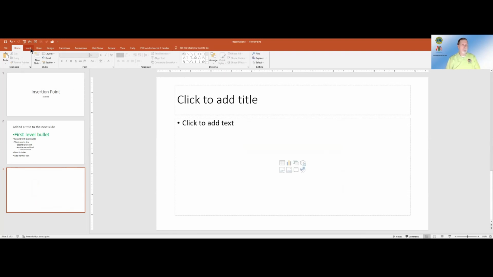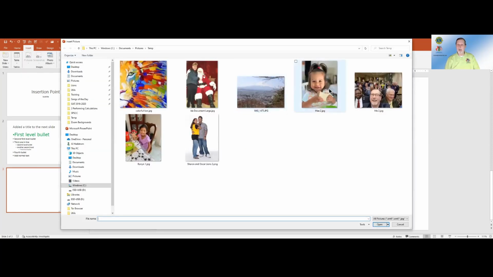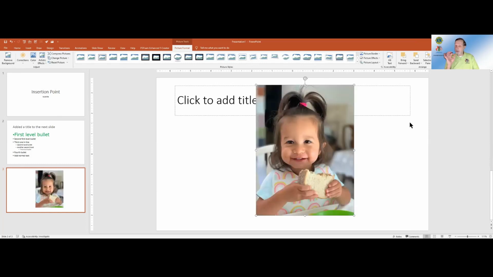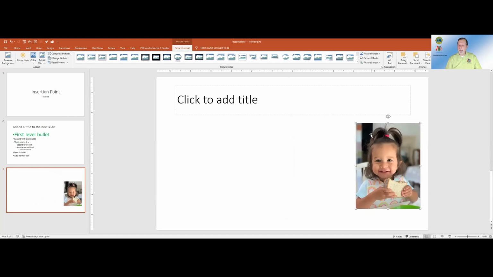Pretty good, huh? Because I want to insert the picture of my youngest granddaughter. Now, her nickname is Cutie. There she is. And as I expand this out, I see that I still got a lot of detail. This is fairly nice. She likes peanut butter and jelly. Indeed, she does. This is an object that I placed on my slide. I can make it as big or as small as I want it to. Let me reduce this down again, and I moved it over to the side by pointing in the middle of the picture. Click and drag.